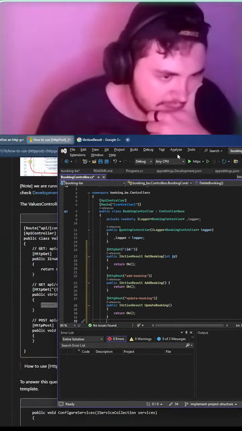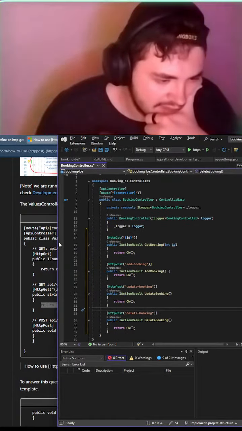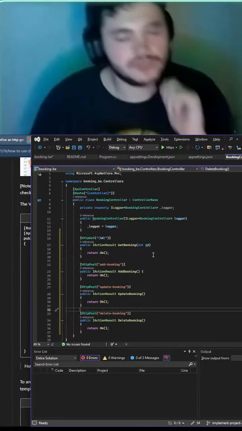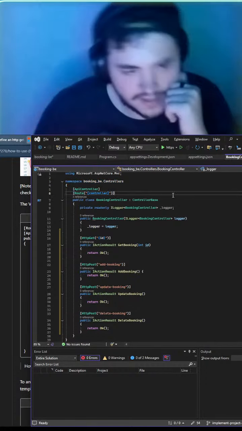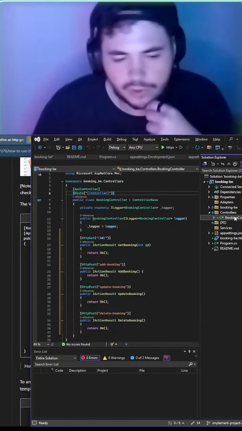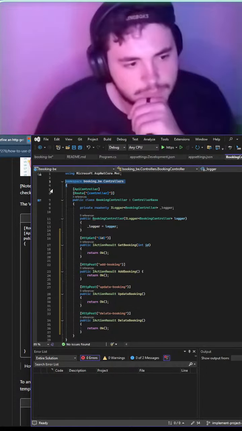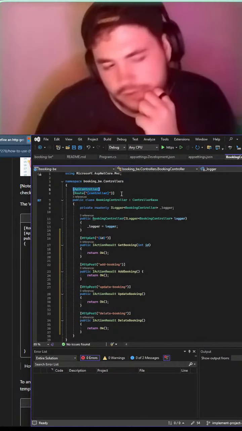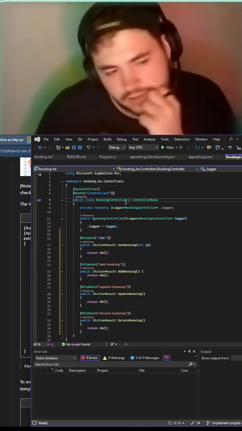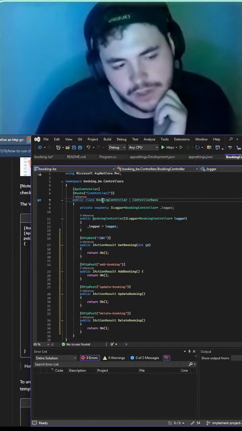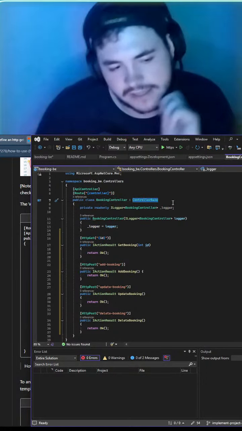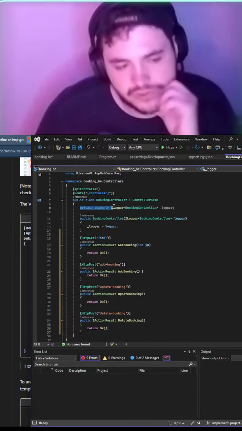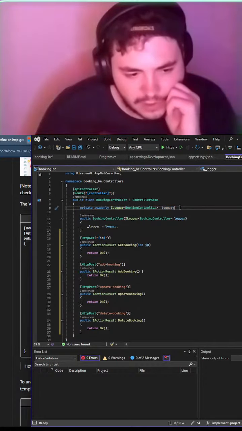So let me pull this up a little bit nicer so some of you on the mobile view can see it nicely. What we did is we now defined a booking controller class, with this namespace here. We defined that it's an API controller. We defined the basic route. We have an access modifier for the class, this booking controller, and it's extended by ControllerBase, which is C# boilerplate. We have a private read-only logger.